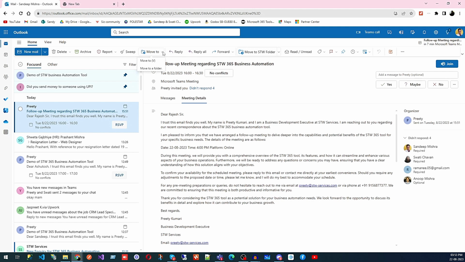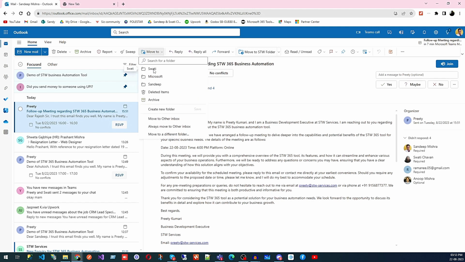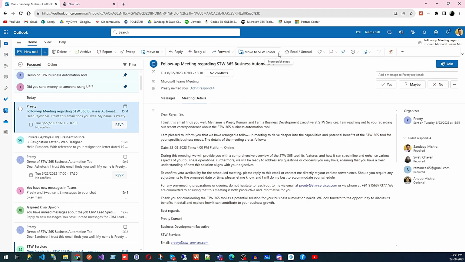After that, you can see we have move to a folder, so you can move to a particular folder. Then you can reply to this email, reply all and forward. This is a common feature in every inbox. I'm not going to explain that because it is very common and everybody is using that feature. Then you can move to a particular folder and you can also manage this step. So once you take this step, it will be followed every time you receive an email from this